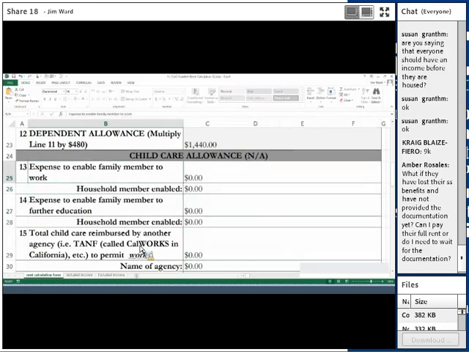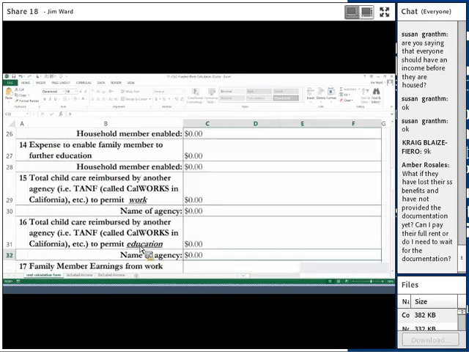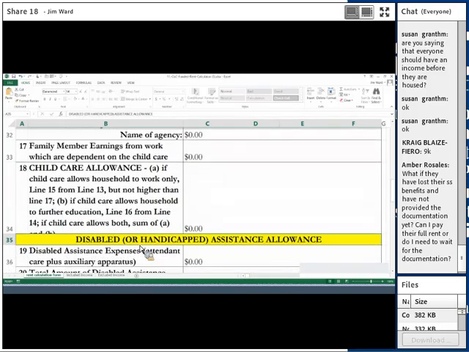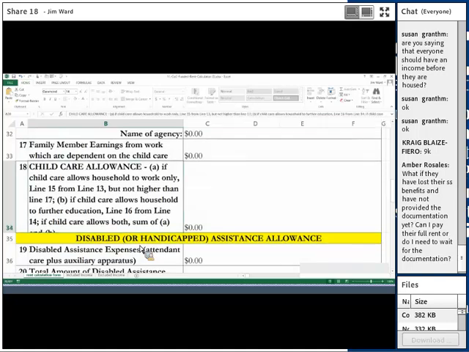It couldn't just be that I want to go hang out and go to a baseball game. It would have to enable me to work in order for me to claim this allowance. But make sure you're reading these sections, and then it'll actually add these up a little bit further on in the